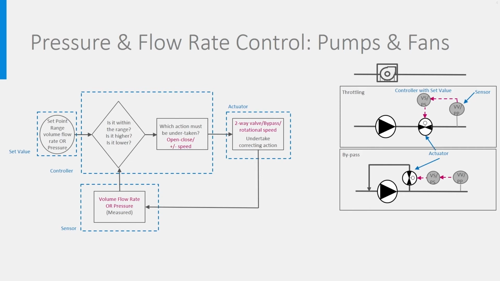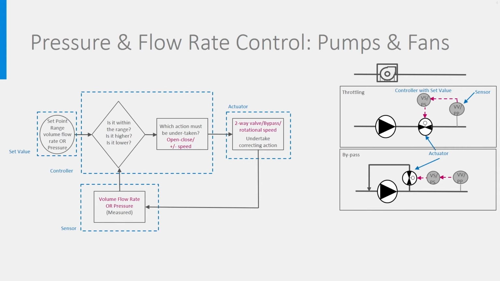The second way is to bypass a part of the flow after the pump, also using a two-way valve, and to re-inject it into the duct just before the pump. This way the velocity of the flow increases before the valve, so the static pressure decreases, the resistance to the flow decreases, and more volume is pumped. The pump still runs at full velocity, while only a part of the pumping power is used for the needed flow, wasting a lot of energy this way.